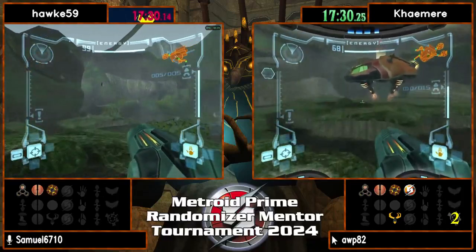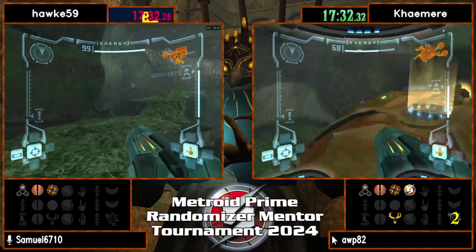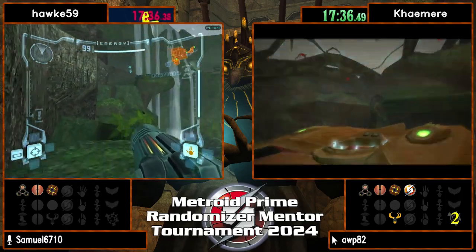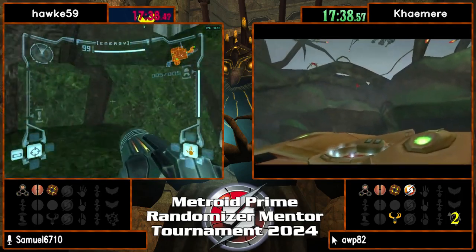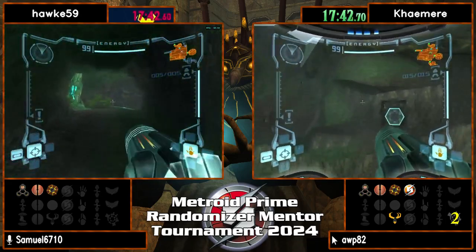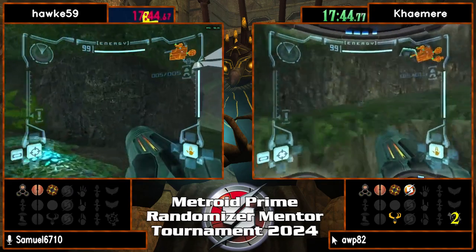So now Hawk gets to clean up everything in Ruin Gallery, that is, the missile checks, even after having Morph Ball Bombs. So this probably means that they are going to be able to get Ice Beam on the